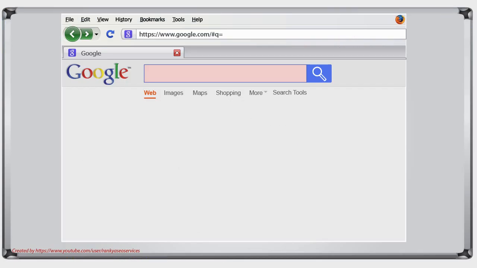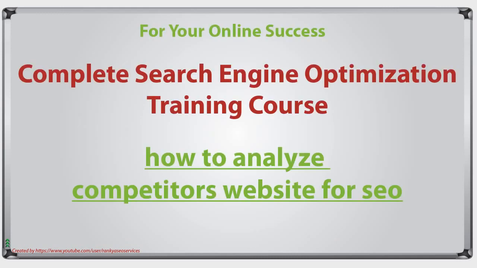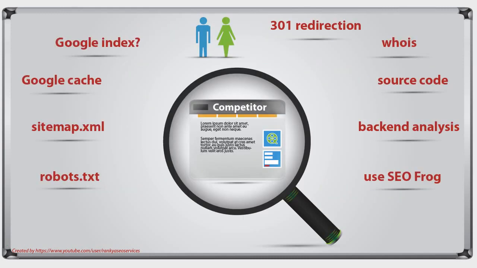Let's go back and see have I missed anything. We've done the backend analysis. We've looked at the backend. We've checked the sitemap. We've checked Google index and cache. You should have done the whois information. We've checked the redirection. We know there's at least redirection happening. And we've also got an idea as to whoever is managing the website,